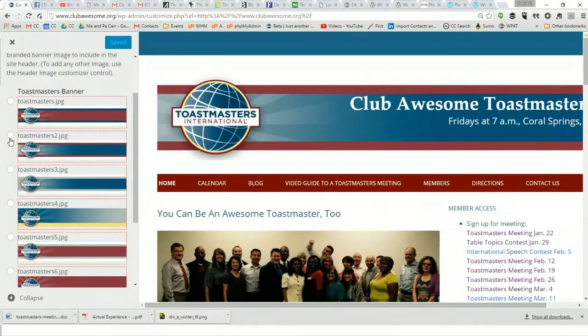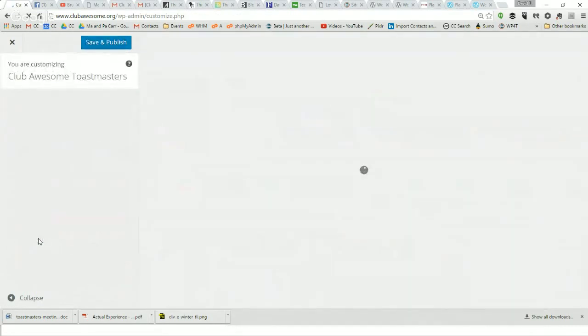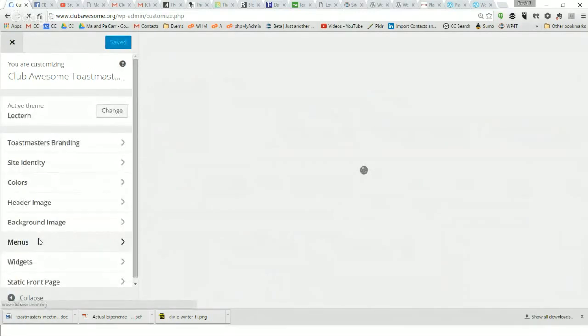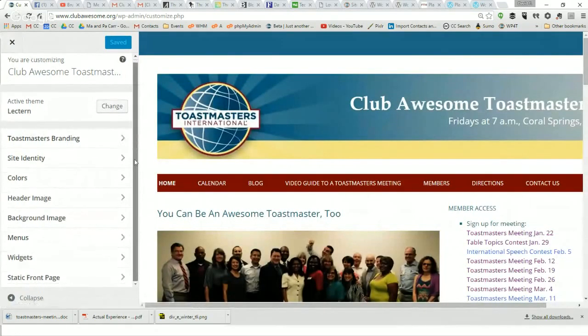But this also means that with any of these sites, you can choose to change that option. We say get banner, and we'll see that we have a different color scheme here. There's a ton of other things you can modify here. You can modify the menus.